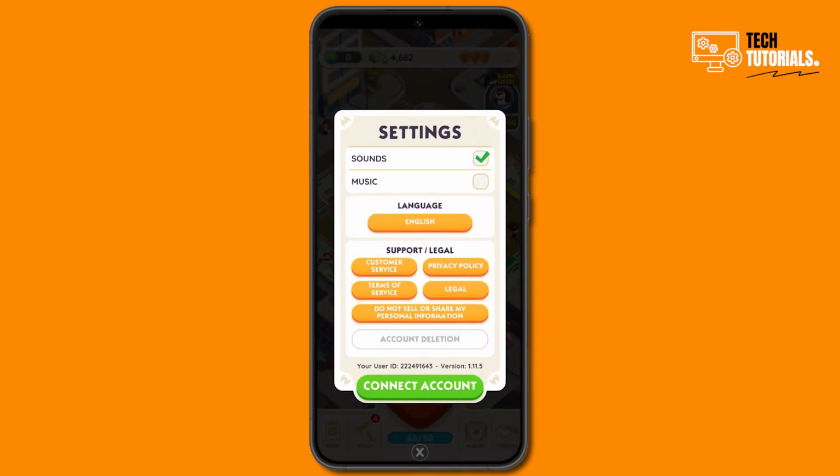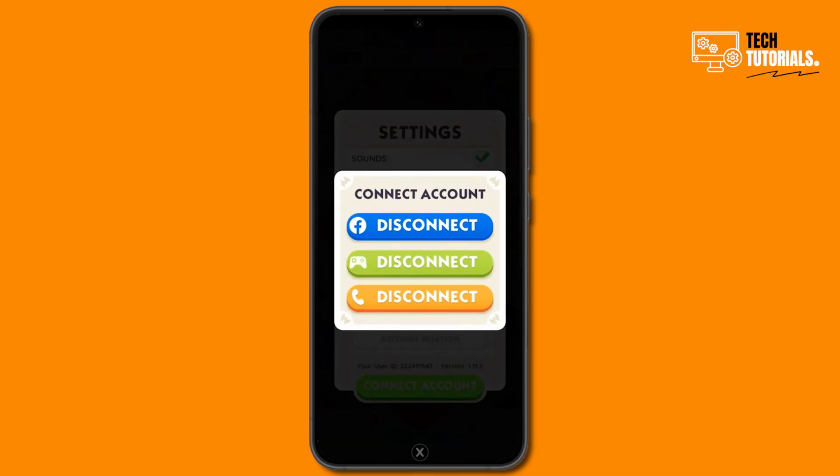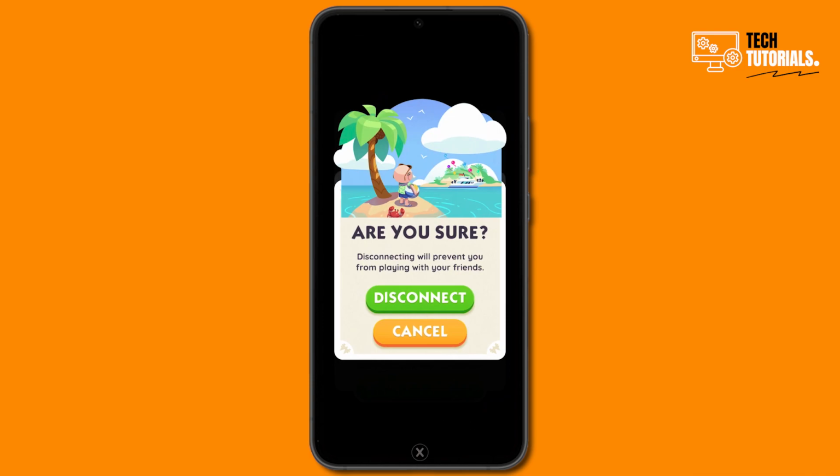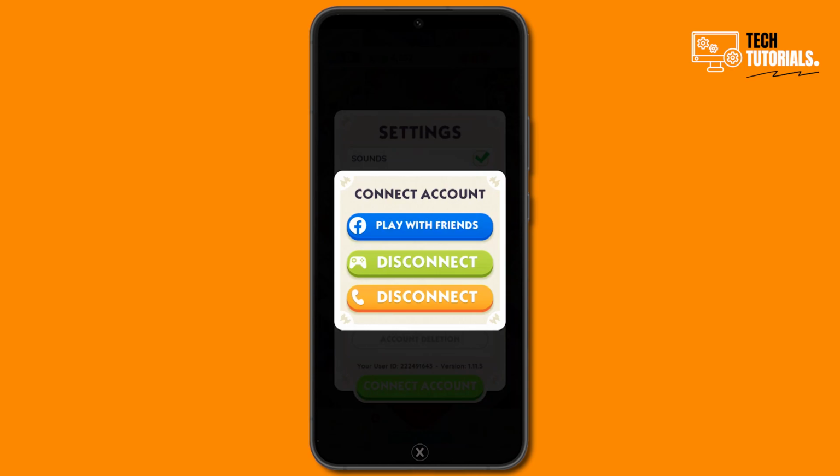Once you have clicked on the settings button, you can also delete your account by clicking on the account deletion button, or what you can do is click on the green connect account button, and here you can see I have connected my 3 accounts. So let's suppose I want to change one of my accounts. I will click on the disconnect button and it says are you sure to disconnect your Facebook account. So let's click on disconnect, and now you can see that my Facebook account has been disconnected and now I